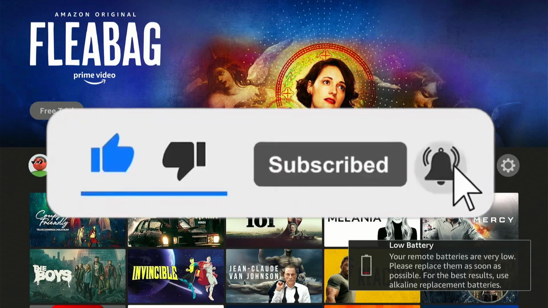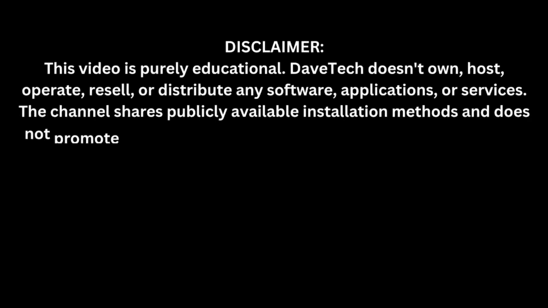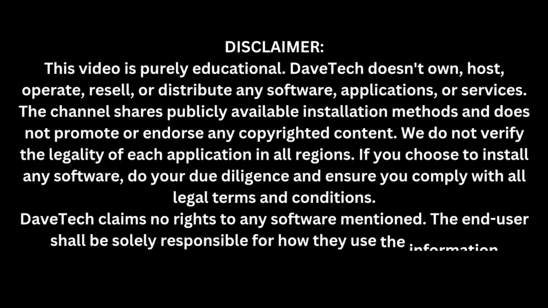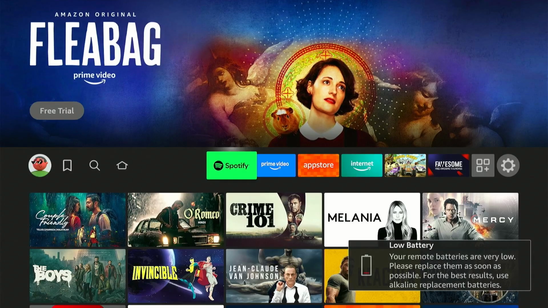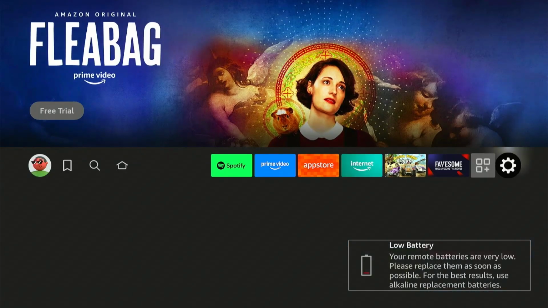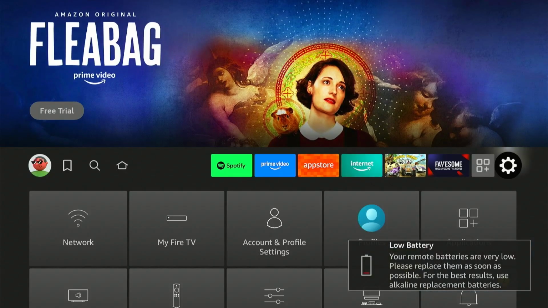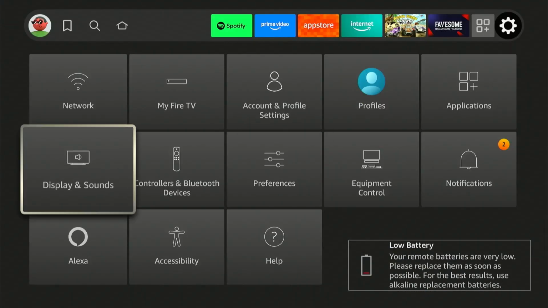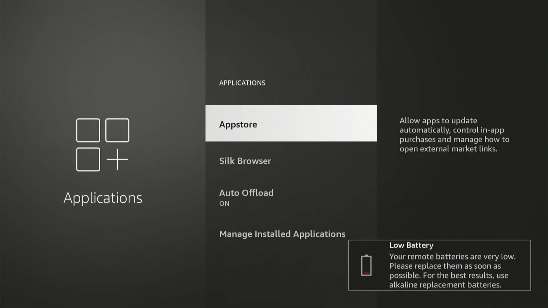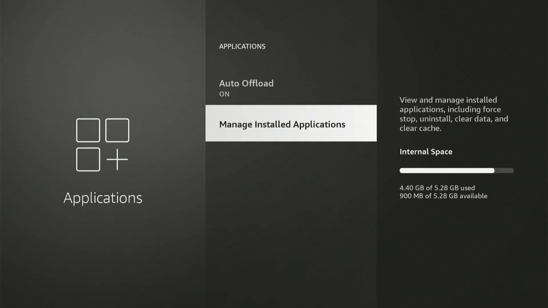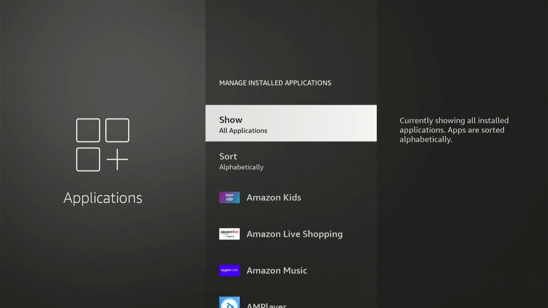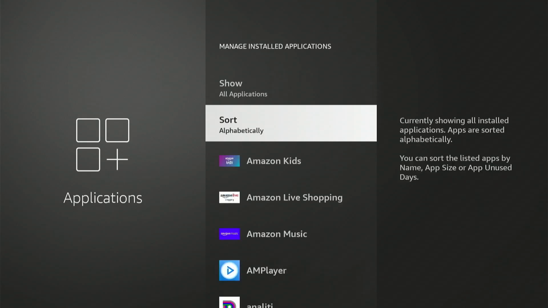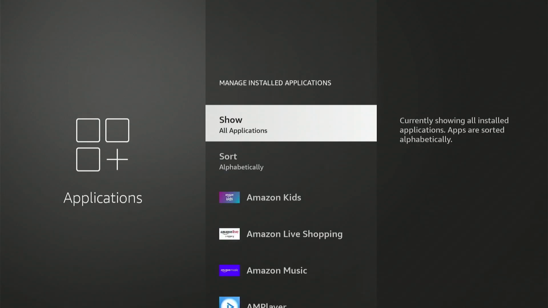Okay, let's get started. So to clear app cache on Firestick, I need you to just hop over to your Firestick. When it's loaded, just go over to settings and then you go to applications. Under the application settings, come over to manage installed applications, click on it, and then you find a list of applications. You can sort it alphabetically, make sure it is showing show all applications so that you can find whatever